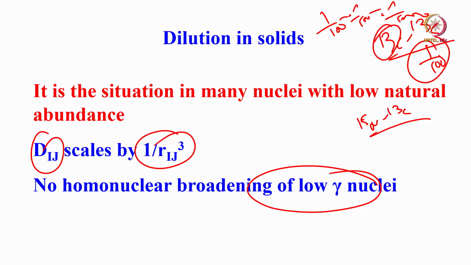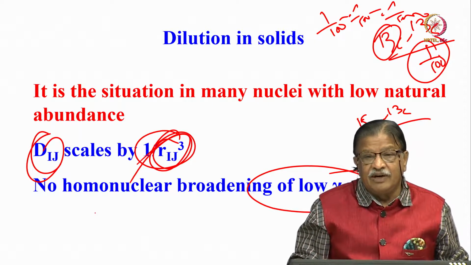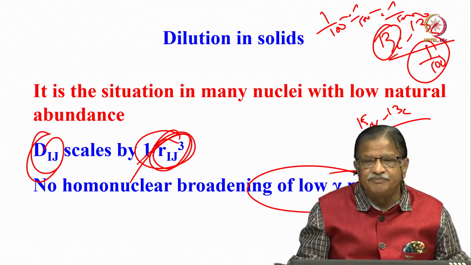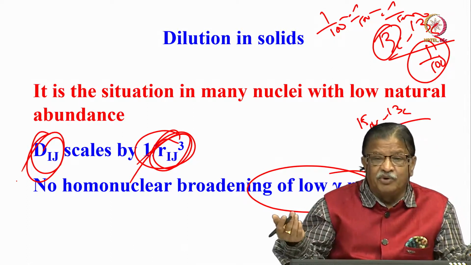That means, in other words, I can say they are not close in space because that possibility is very low. So I can say Rij is infinity between 2 carbons to be seen in the carbon 13 state. So the spatial proximity I will call infinite. So Dij scales as 1 over Rij cube, which means for low abundant spins, I can say Rij is infinity. As a consequence, the dipolar coupling goes to 0. I don't have to do anything.